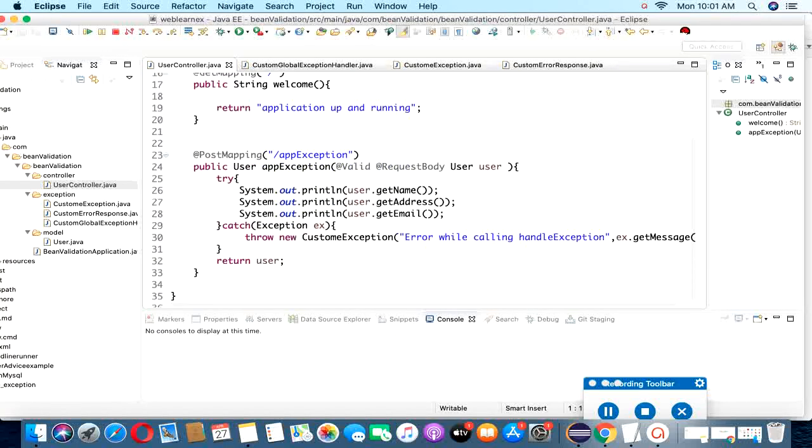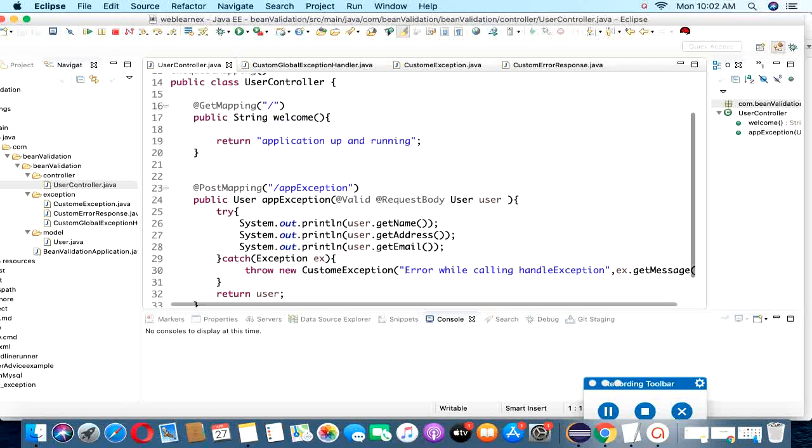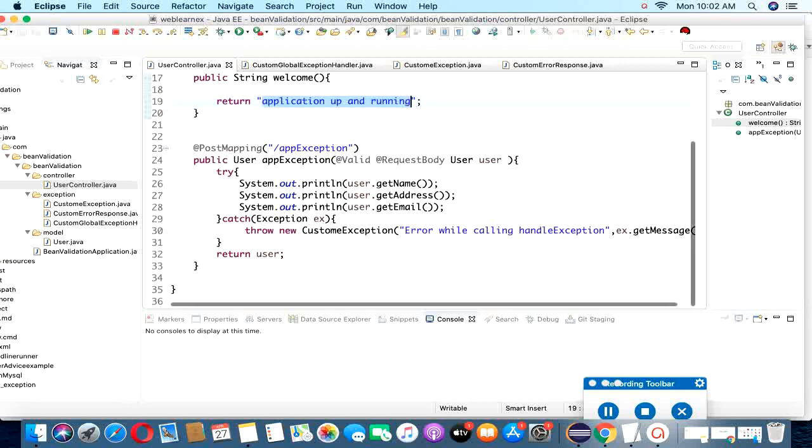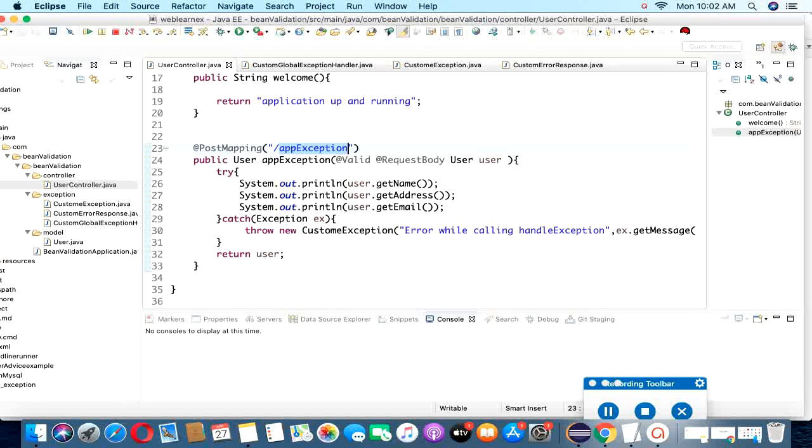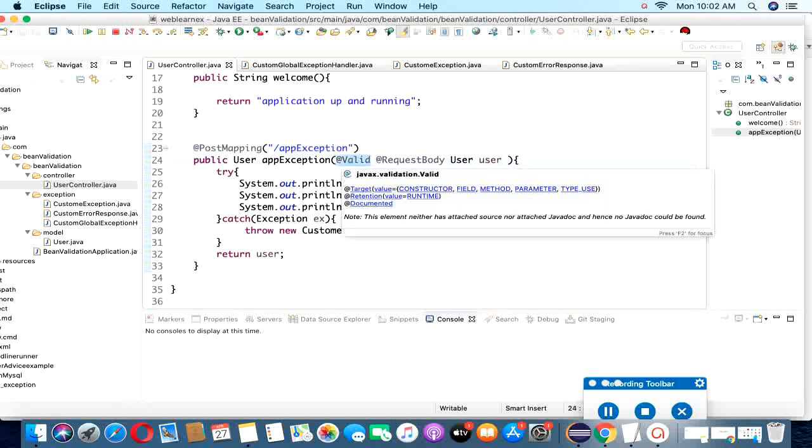In the controller I have created two endpoints. One is the simple slash for checking whether the application is up and running or not, and second is the add-user endpoint, and here I use the @Valid annotation.